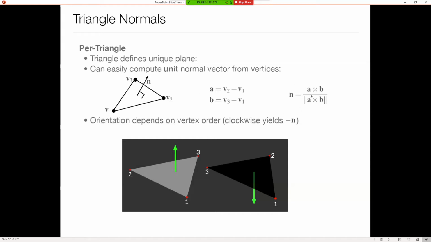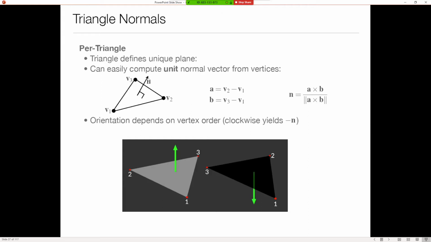And here we see we've divided by the length of the normal, because it's pretty common in graphics to say the normal should be unit length rather than just being arbitrary. The direction will be the same, right? This isn't changing the direction, it's just changing the magnitude. So we normally talk about the normal as being unit length